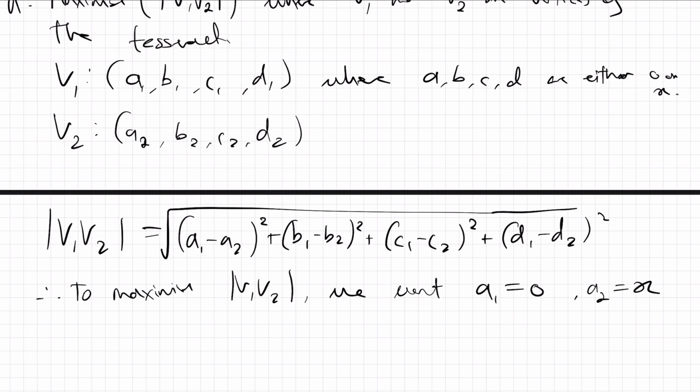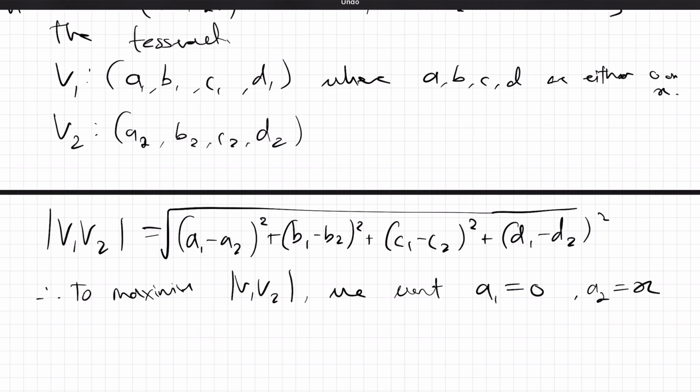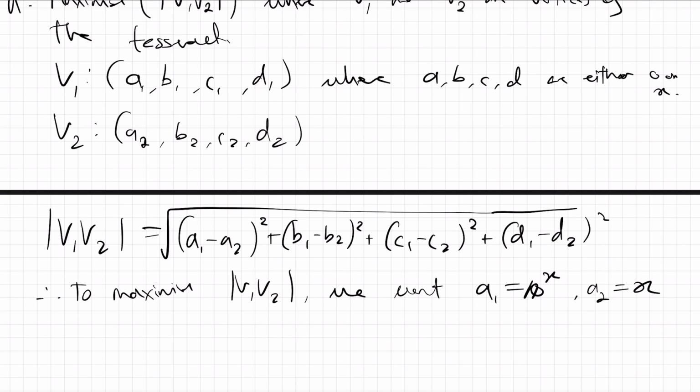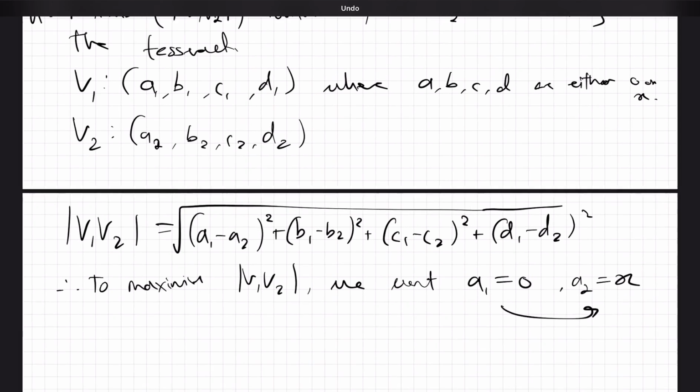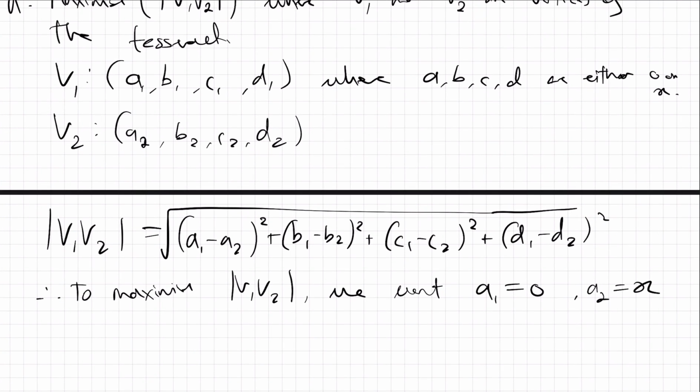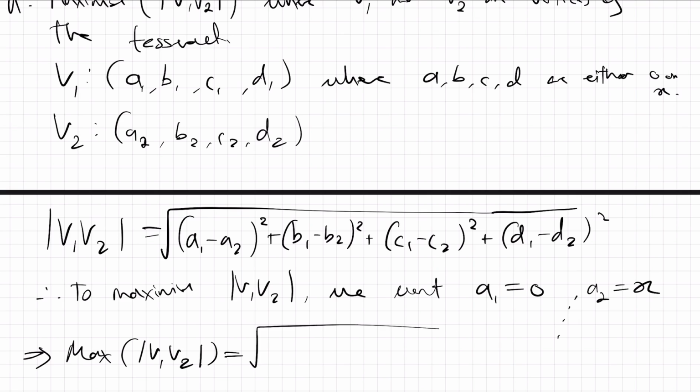And so obviously we only have the choice of 0 or x. So if both were x, the distance between them would be 0. So we need one of them to be 0 and one of them to be x. And yeah, same idea for B, C, and D. So that gives us the maximum distance is going to be equal to